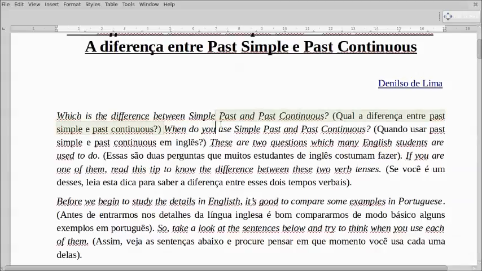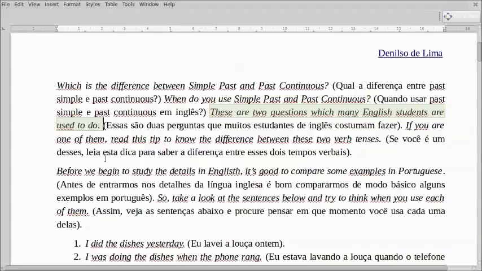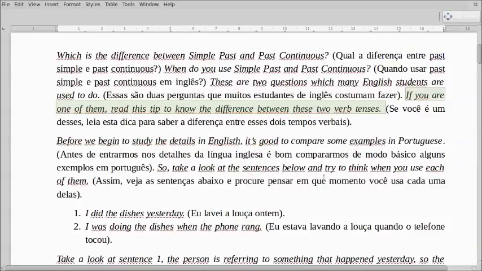When do you use simple past and past continuous? Quando você usa passado simples e quando você usa passado continuous? In English, of course. These are two questions which many English students are used to do. Essas são duas perguntas que a maioria dos estudantes de inglês costumam fazer. Muitos, não necessariamente a maioria. If you are one of them, read this tip to know the difference between these two verb tenses. Se você é um desses alunos que tem dúvida, leia essa dica para saber a diferença entre os dois tempos